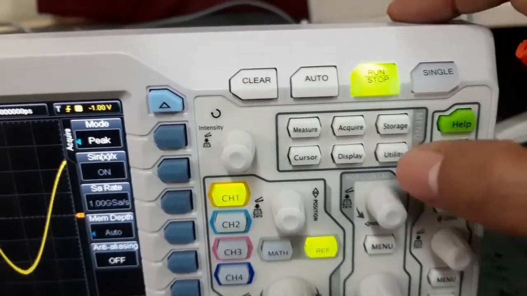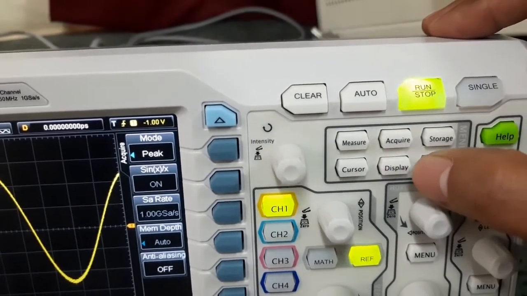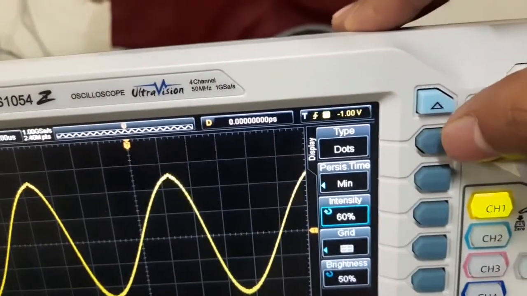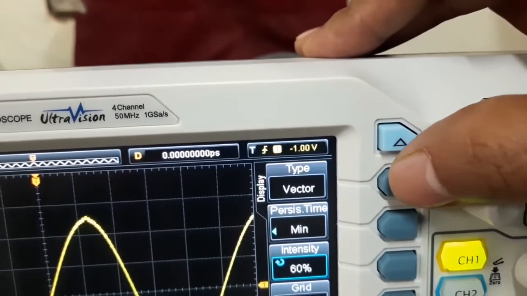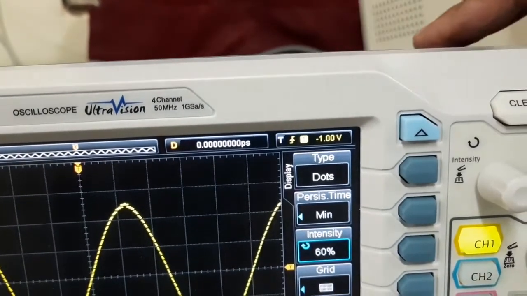So in the new DSO I am pressing the signal switch denoted by the display, right? You can find that an indication of dots has come. When I press these dots, this can also be converted into the vector or into the form of dots.